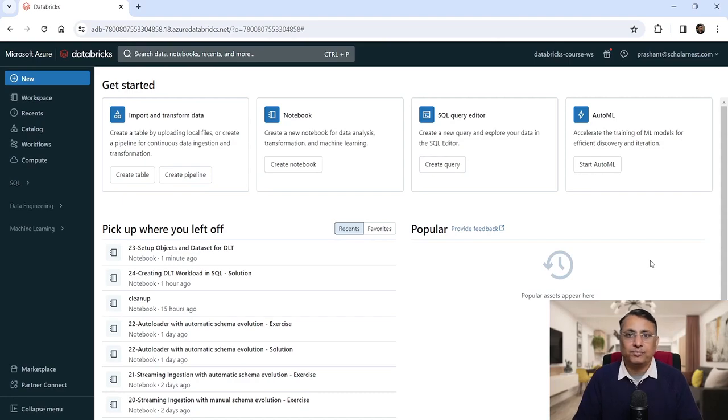Welcome back. In the earlier lecture, we talked about a scenario that we want to implement using DLT in the Databricks platform. So in this lecture, we will do some little preparation for implementing that scenario. So let's start, and it will make more sense once you see what preparation we want to do. So let me go to my workspace,